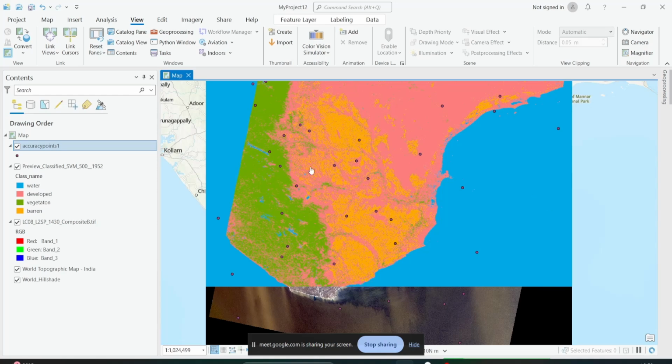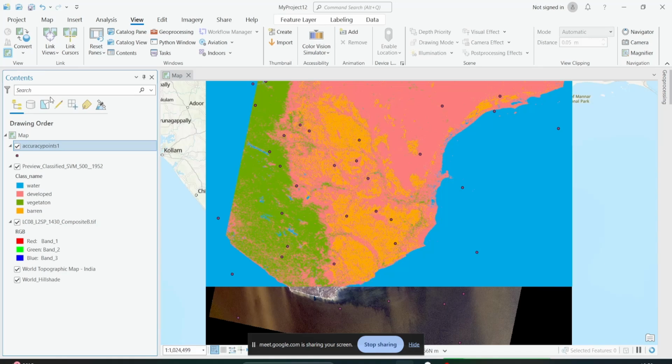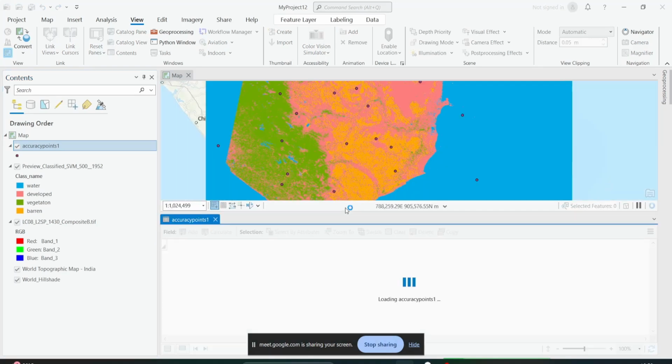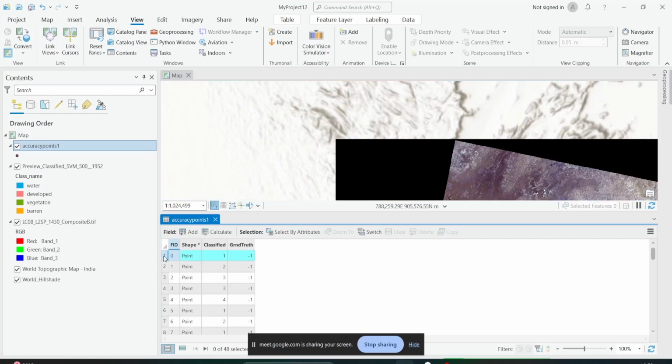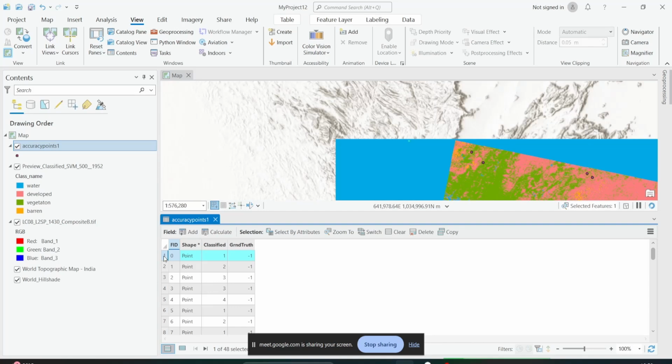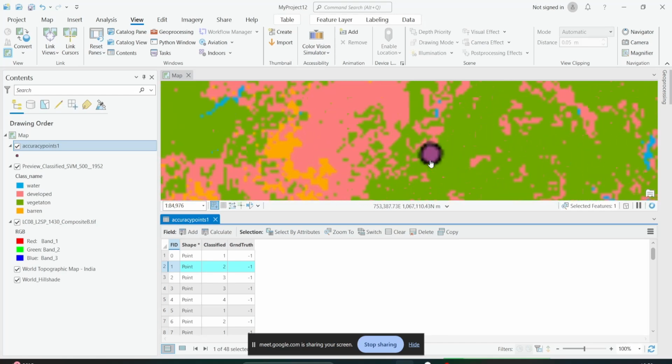Now if you check the attribute table of this point layer, we'll be updating it. You see here, we have the classified and the ground truth fields. If I go to the first point, I shouldn't go to the first point. Let me see. The second point shows a classified value of 2. If I zoom over here,